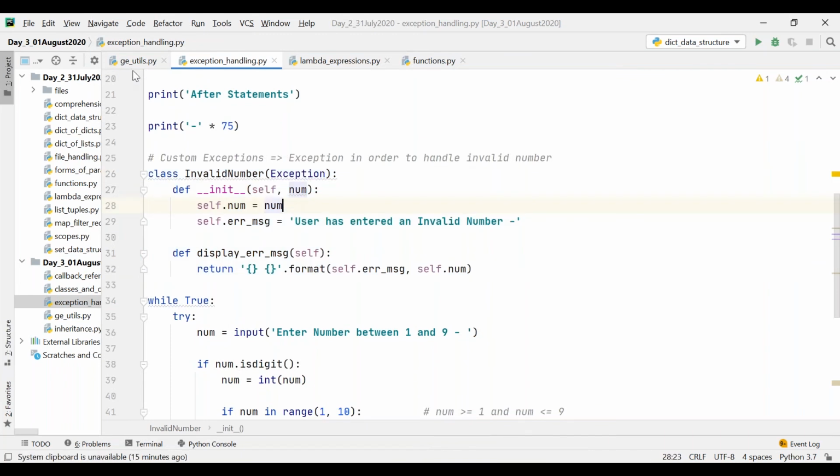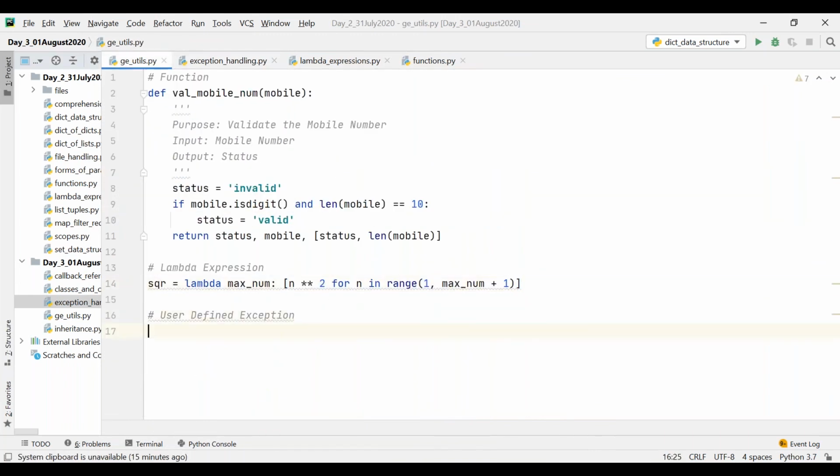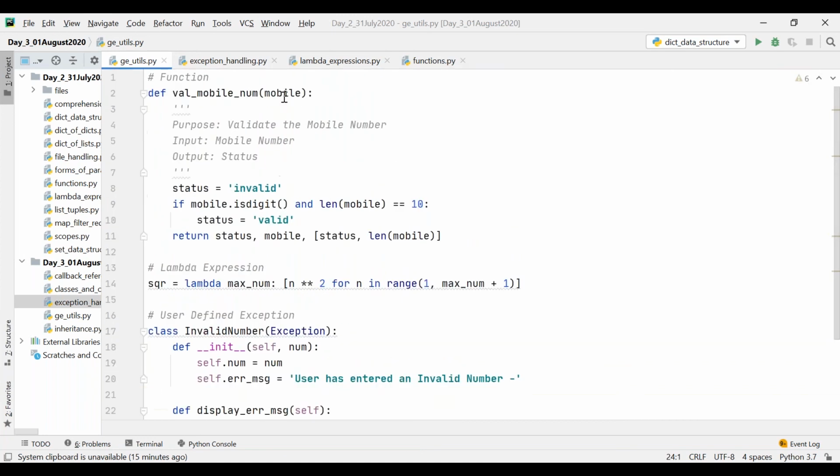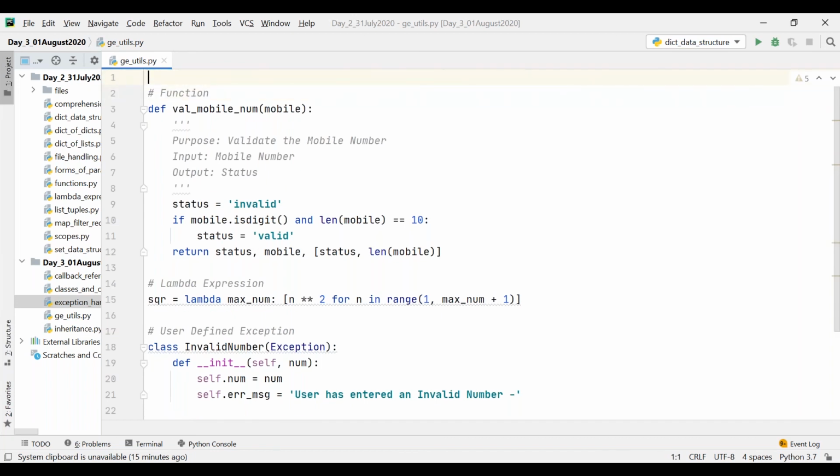Okay, and also we can provide the documentation. We have the documentation for the function, as you can see. Now let's have some documentation for the module.